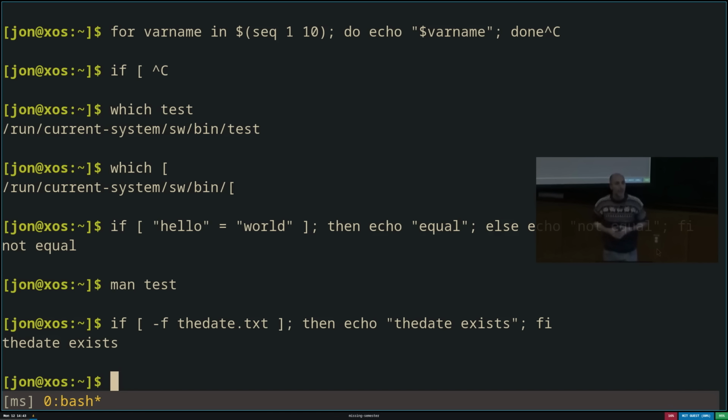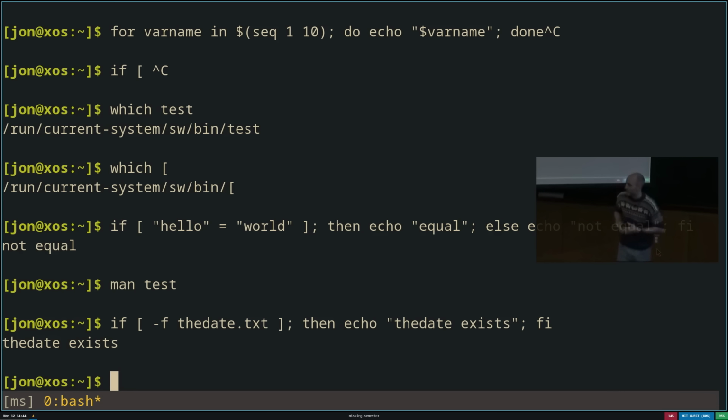Yep. So if this only works because there's a program that does these comparisons, is if also a program? It's a great question. Is if a program? No, if is not a program. Pipe is not a program. CD is actually also not a program. They are built into your shell, and they are part of the bash programming language. The reason why CD is built into the shell is a particularly interesting thing that we'll not get into, but the lecture notes go into that exercise a little bit. But no, if is built into the language, same as while is.